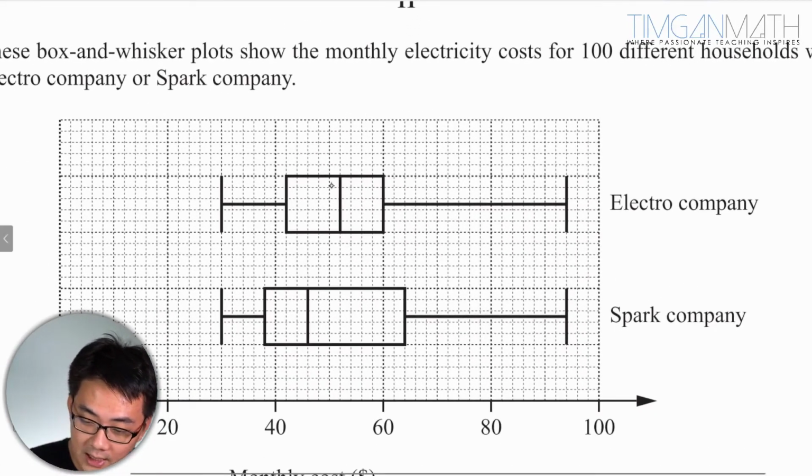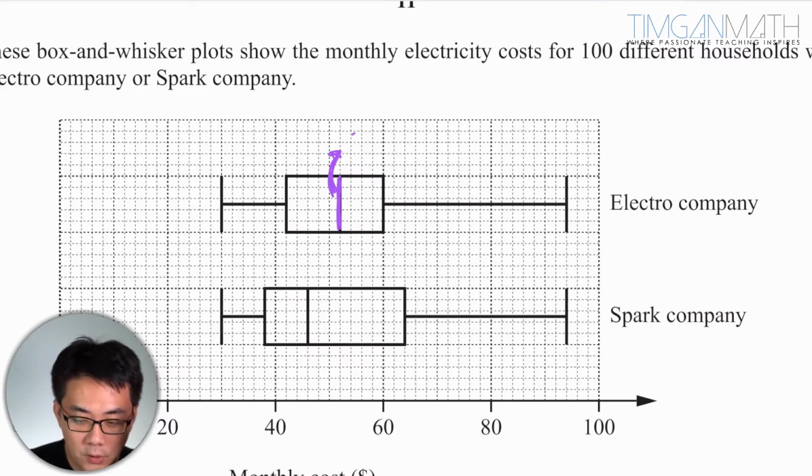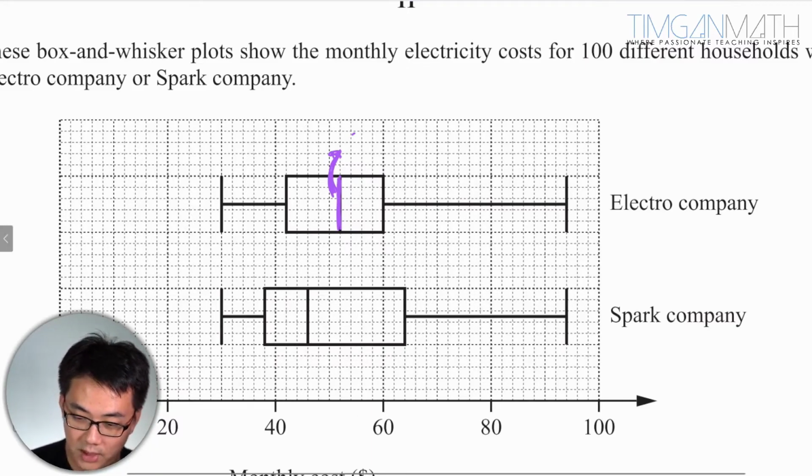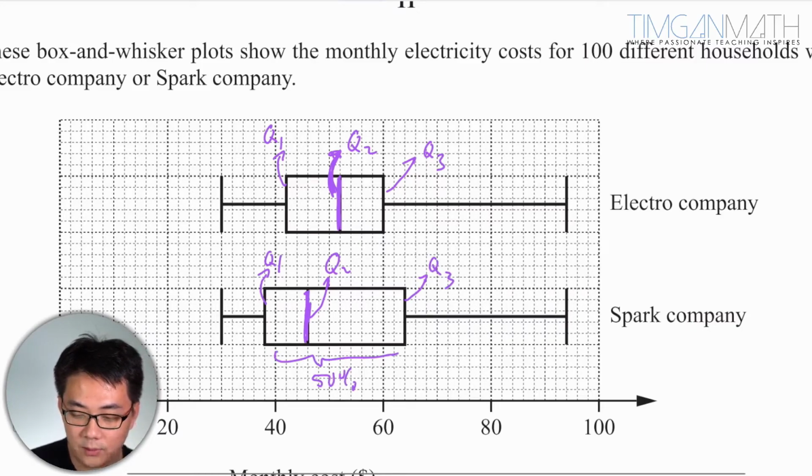In this case, this is the Q2. This will tell you that 50% of the households will pay this amount here, the median, the most average household. I'm not sure what it is, but we can just write it down. So it's Q2, and after which this over here is also the 50%. Then this is the first 25%, the lower quartile, and the 75th percentile, which is here. This is the 25th percentile. So you can see that the bulk of the middle 50%, as we call it, will hover around this range here,